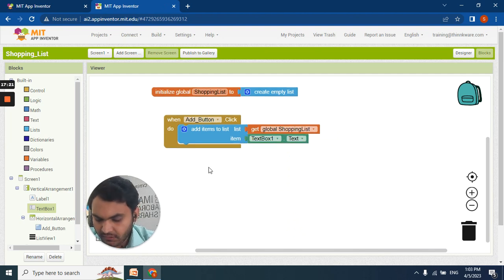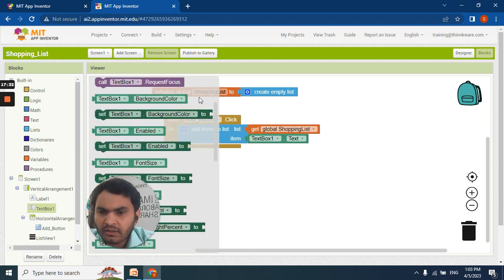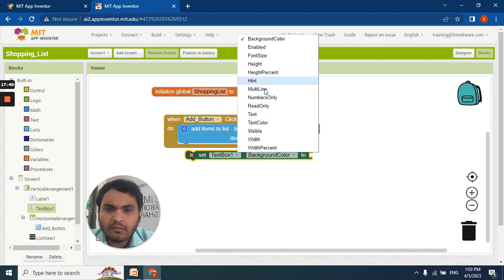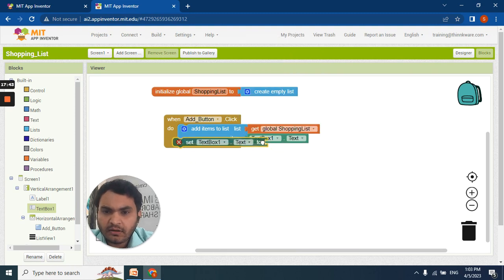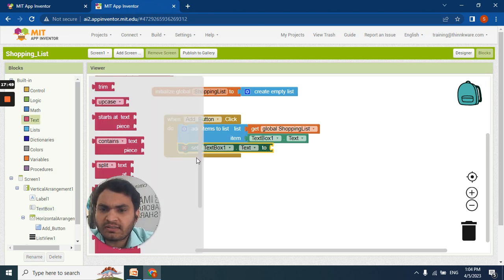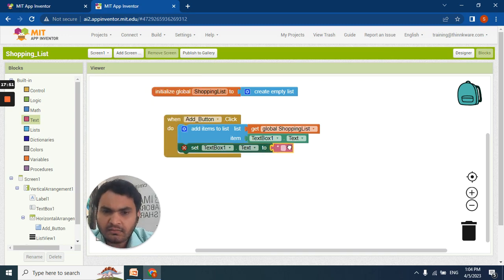Then we need to add the items, so text box 1, text, put it here. For adding each of the given items we need to choose a text box, first for the empty and second for the list.